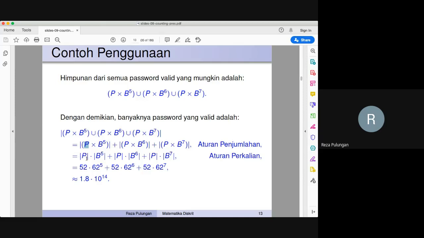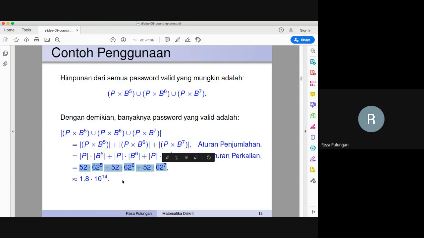How many are there in P? 52. In B, 62 to the power of 5. What does it mean by 62 to the power of 5? This is just equal to B multiplied by B 5 times. So this must be 62 multiplied by 62 and so forth until 5 times. So you have these numbers of elements.